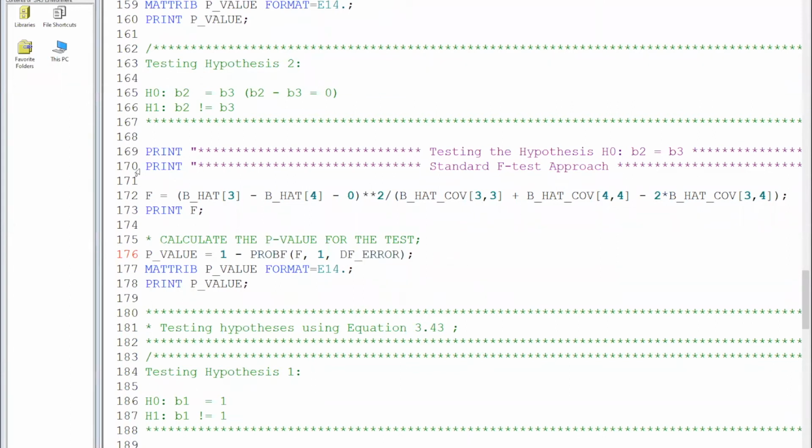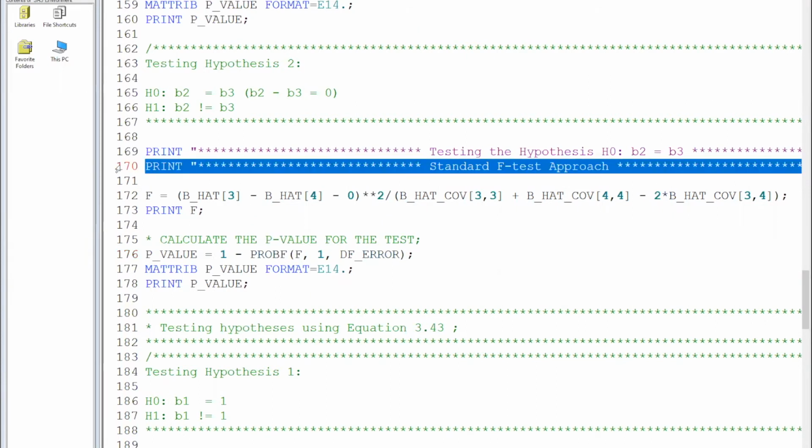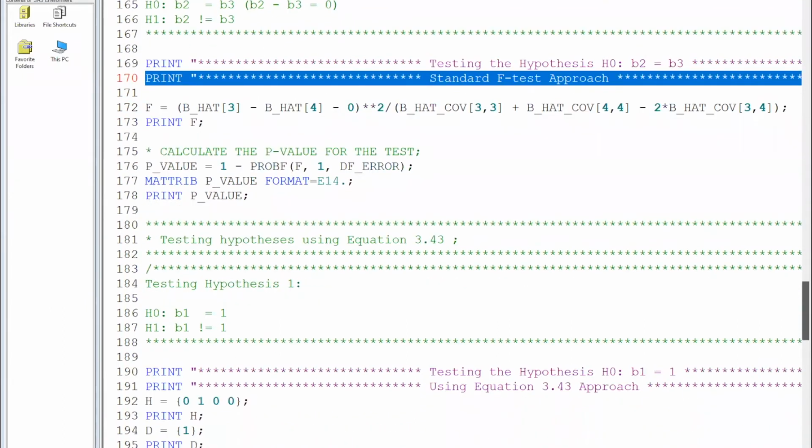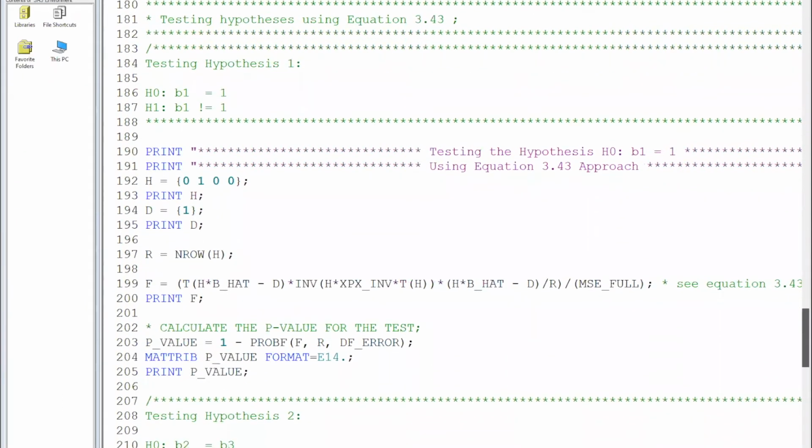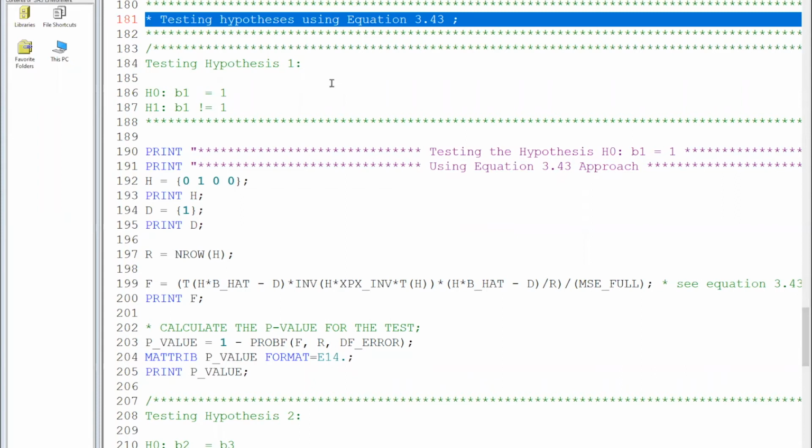Now, in addition to what we're calling the standard F-test approach, we're going to use the approach shown on page 97 in your textbook. In particular, the test statistic formula is given in equation 3.43. This is a very nice approach. It's very general. Once you get the code set up, it's very easy to test a wide variety of hypotheses